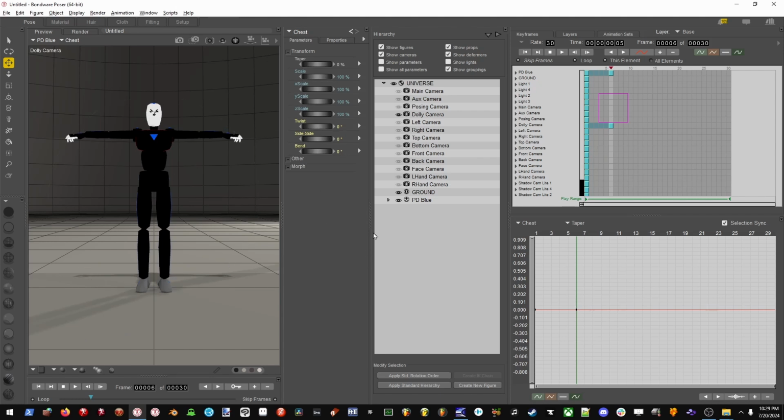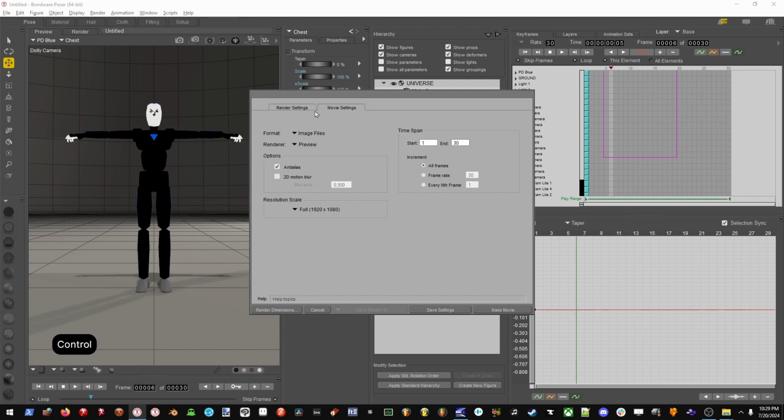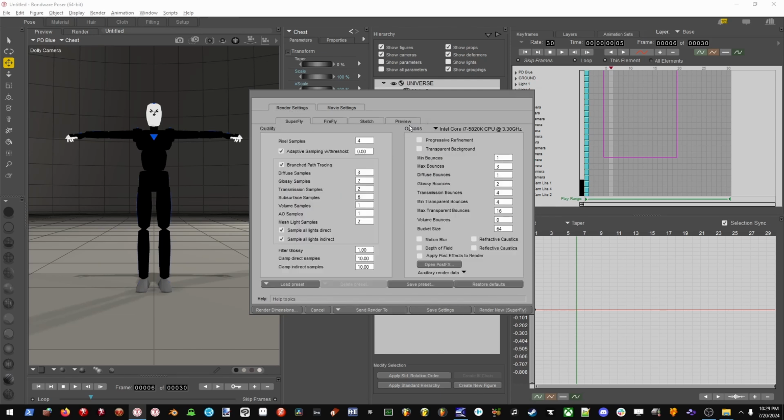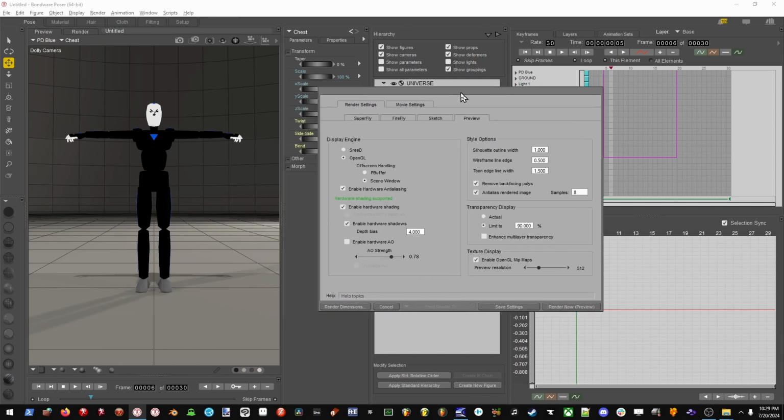Where was I? Okay, let's get back to this. Control J opens this screen up. I don't remember where it is up here, but I know the hotkey. So once you open that, go to Render Settings and then down to Preview, and this affects your preview window, like what you're seeing at all times. And I'll turn MIP map off so we can see the actual textures,